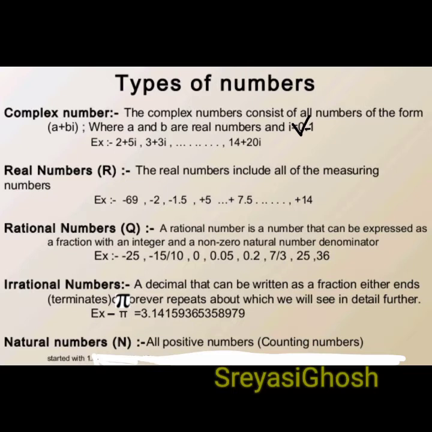Next, we come across irrational numbers. Any number which cannot be expressed in the form of p by q. For an example, all of us have dealt with the number pi. Pi is such a number which is non-terminating, and also the digits do not come in a proper order or in a repetition form. So it is an irrational number.